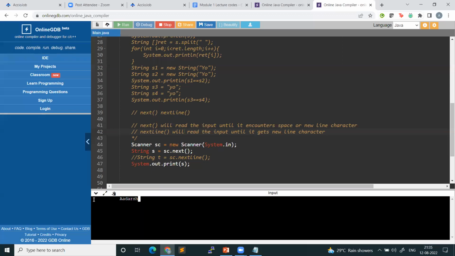So sc.next will skip all these spaces. It will read Adarsh, then it will encounter the new line character and it will store Adarsh in S. Okay, so all the spaces will be removed. Look, only Adarsh is needed. Okay, so